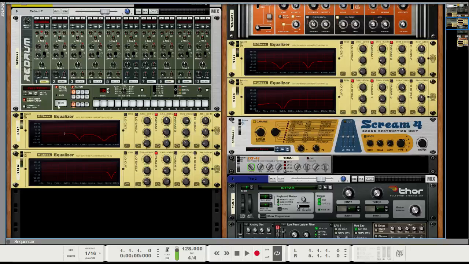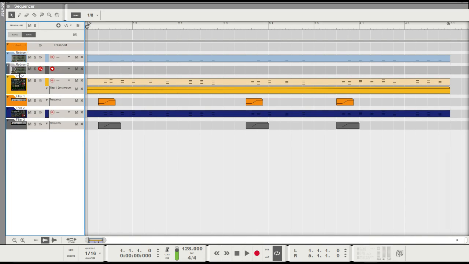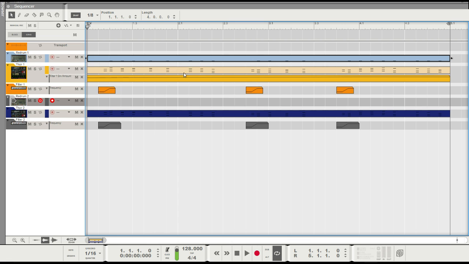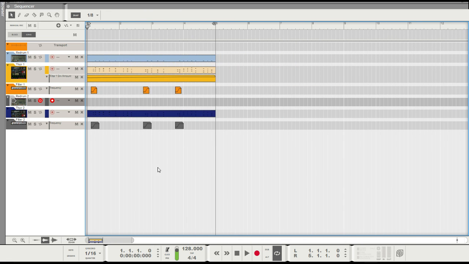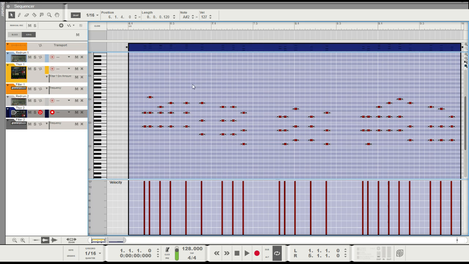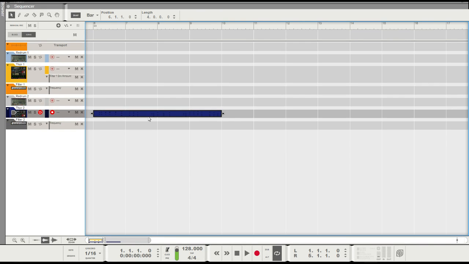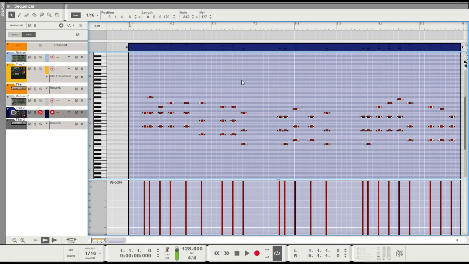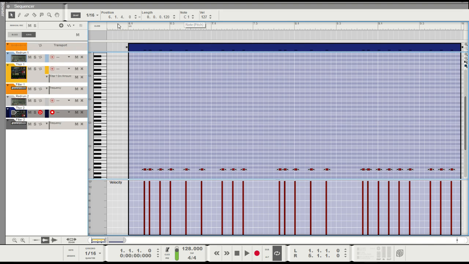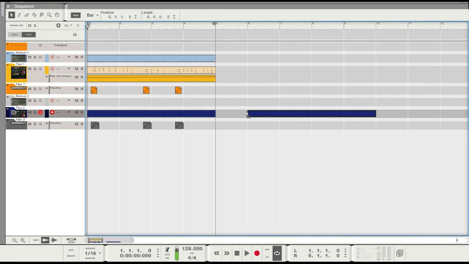Alright, now that we have our transient patch all set up, we can get back into the sequencer. Let's pull this one down. And I'll just quickly demonstrate how you would go about making it so that every time a step hits, we also have our transient hit. It's quite simple. We'll just copy over this clip, open it up, then just select all the notes. We will then make every note be on the same note by hitting this little equality sign next to the note. Then pitching that down to C1 leaves us with a nice clip,